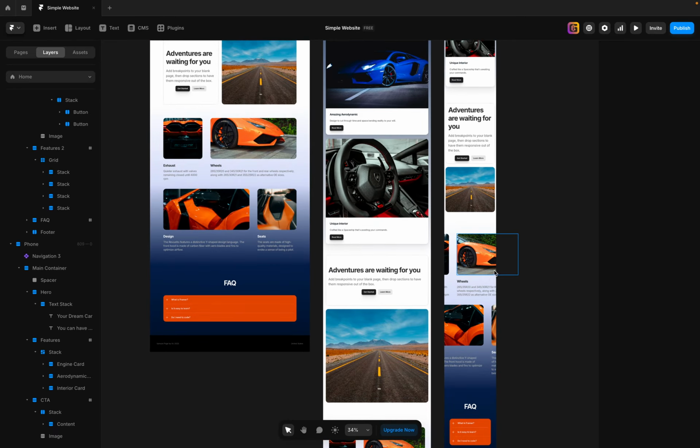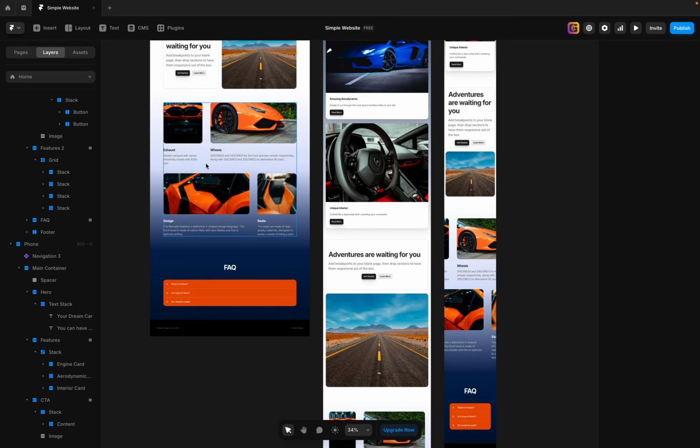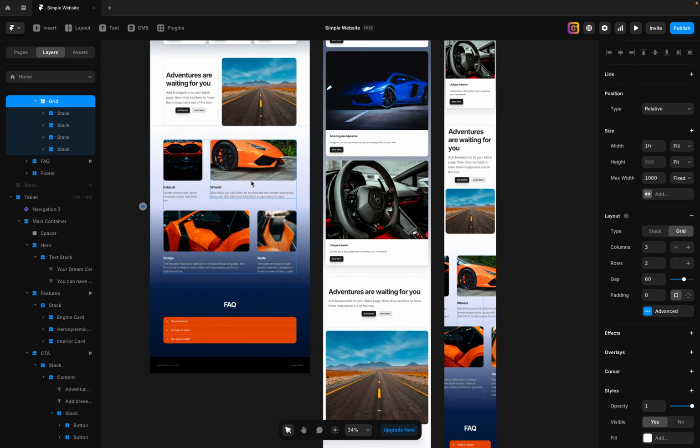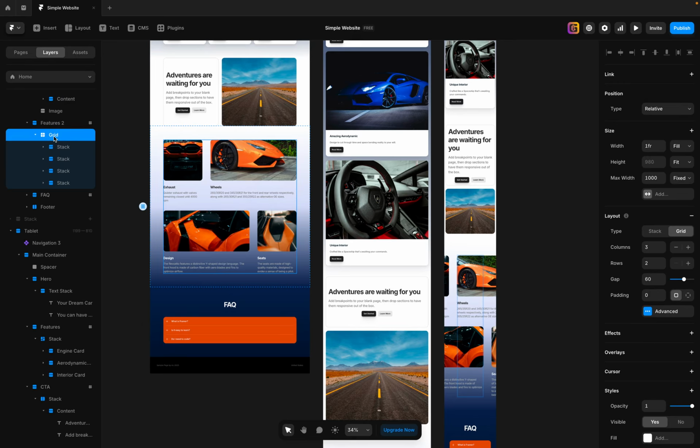Now, the other section that we have to fix is going to be this grid. This is going to be a little bit more involved, but it's easy. Do not worry about it. All you have to understand is what you're working with. And this is a grid. Okay, so what we have here is a grid, and it has these images inside in the form of a